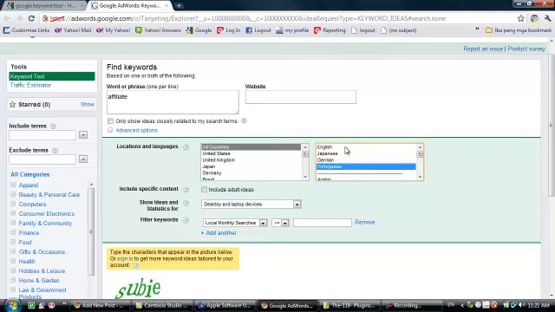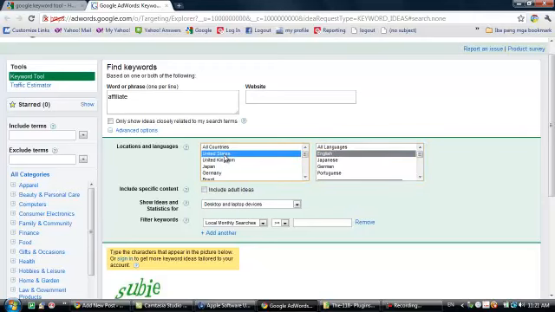It all depends on you. You have flexibility here with the Google AdWords tool. For example, if you choose English and specify the result to be United States, you can do so.